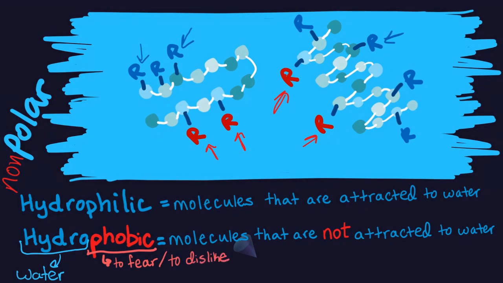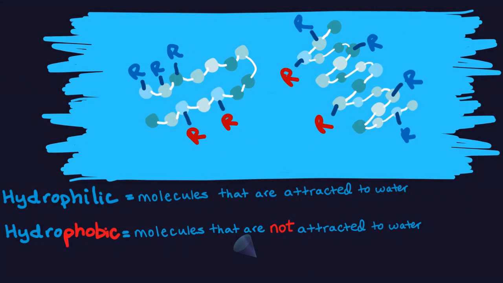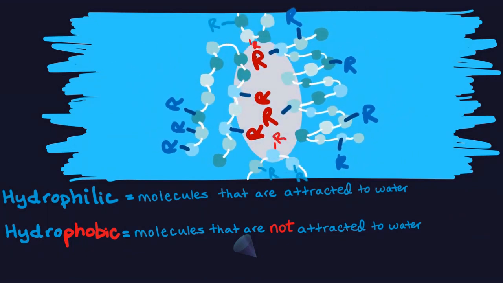So if it helps you remember, you can think about phobias, right? Such as claustrophobia, which is the fear of tight spaces. So things tend to avoid their phobias. As you can imagine, if you have a bunch of R groups that are nonpolar hydrophobic, they will associate and attract to one another and basically try to avoid water, while hydrophilic R groups will interact with the surrounding water. These interactions basically cause a secondary structure to come together to form a glob-like structure, where the hydrophobic portions